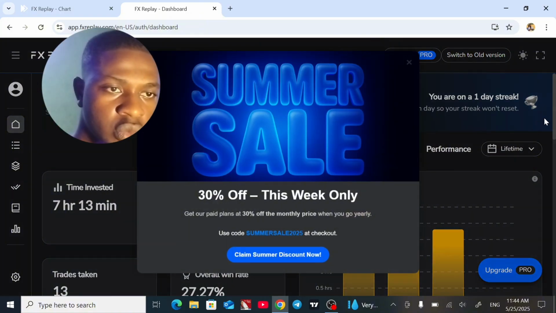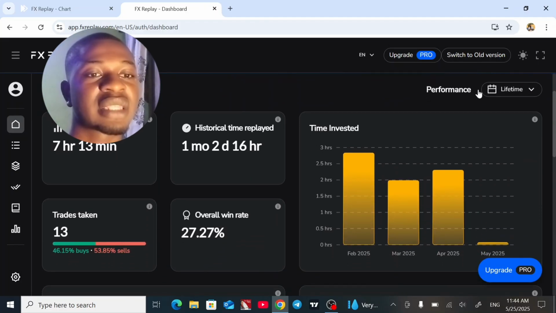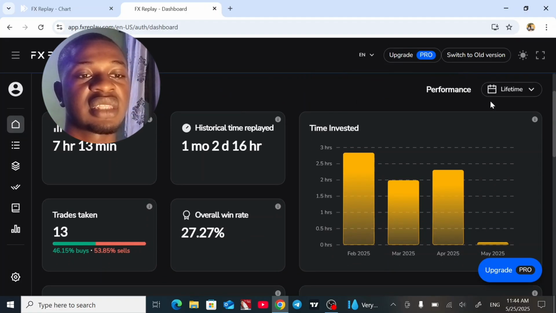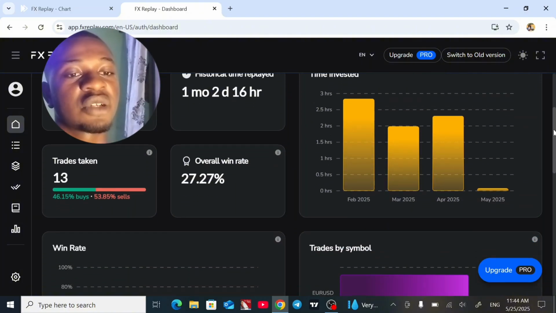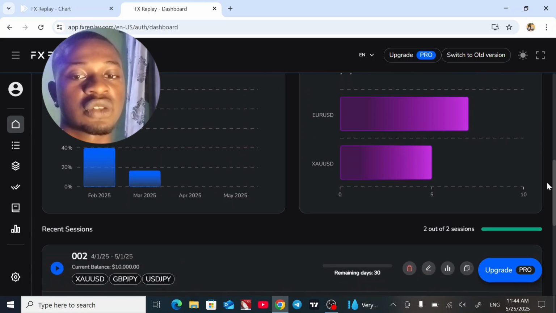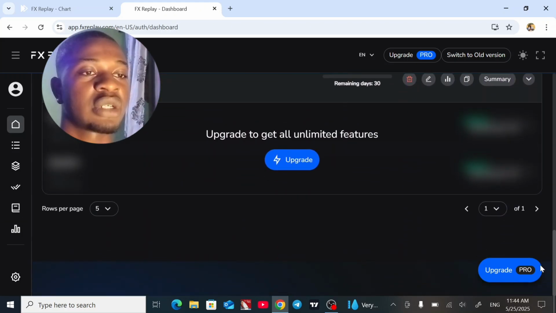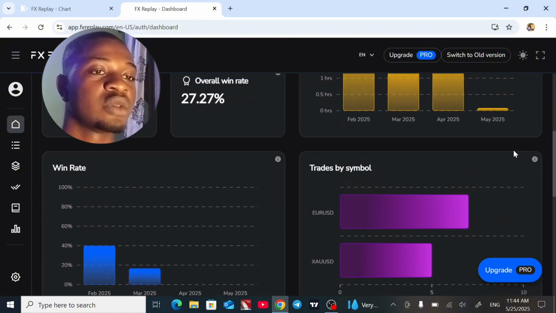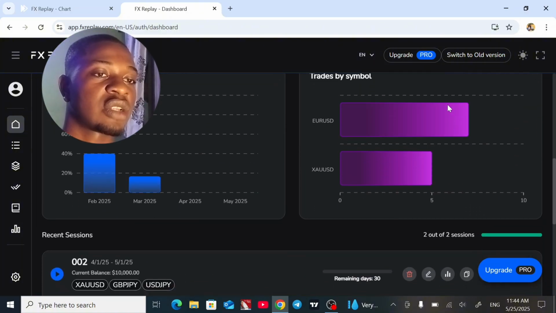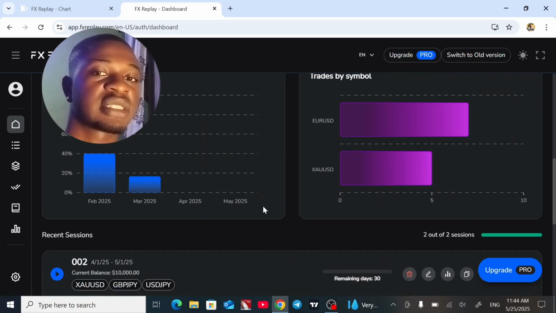So let me just show you what we have on the dashboard. This is the time invested, historical time you play. You just go through it, trade taking, you see the pair you have taken, and it's going to show the win rate right here. See the sessions you have, and all that. Look up here, if you want to upgrade to the paid version, you can upgrade. And heading over to the chart,